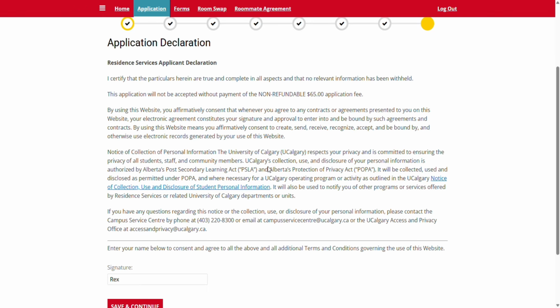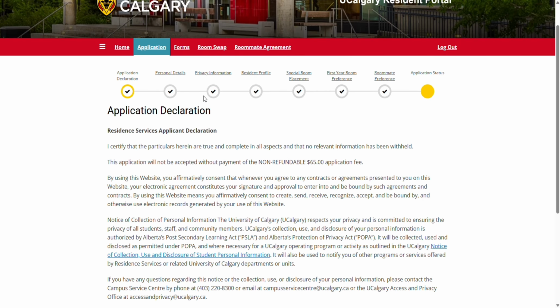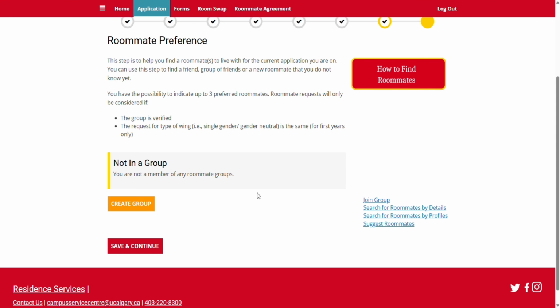Next, I'll see the declaration page. At the top of this, any completed sections will show as a check mark. I will want to now go to the roommate preference page. If I am the group leader, this is where I can create and invite other students to my group. Or if I'm not the group leader but know what the group name is, I can also request to join